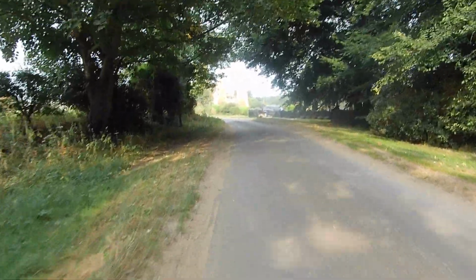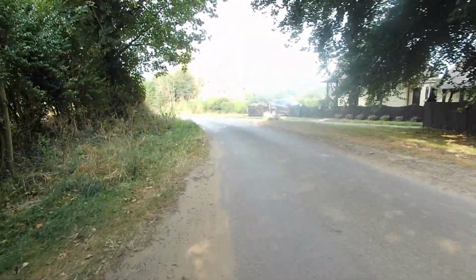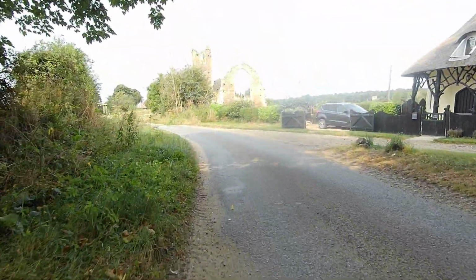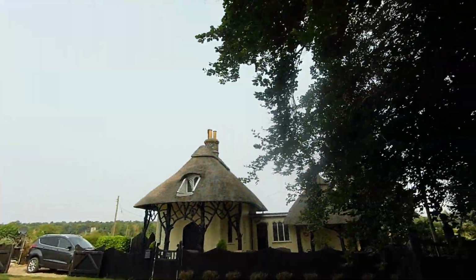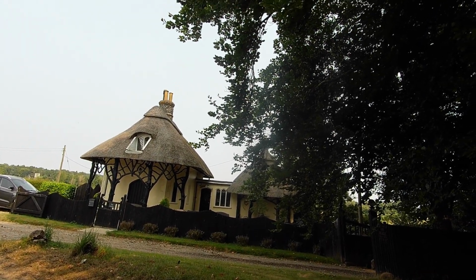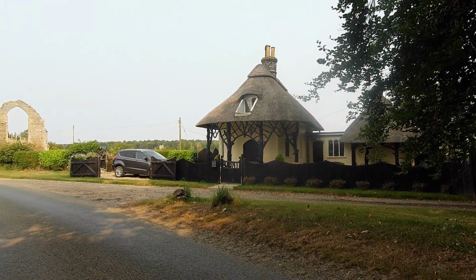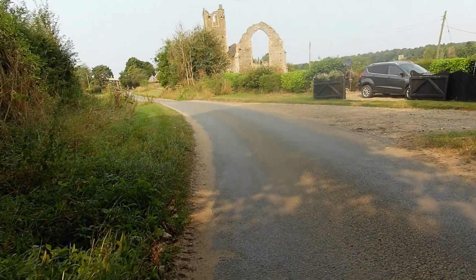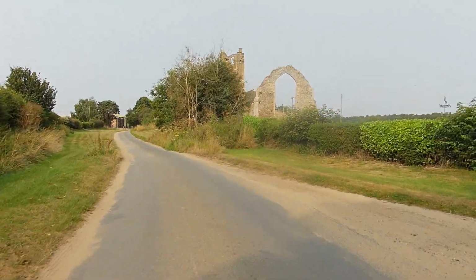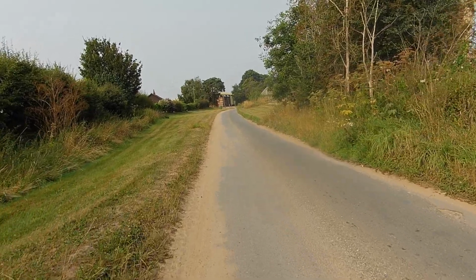There's a lovely little cottage here. The lodge, look at that. Isn't that something? That's obviously the old lodge house for the hall. See, that is supposed to be the other end of the